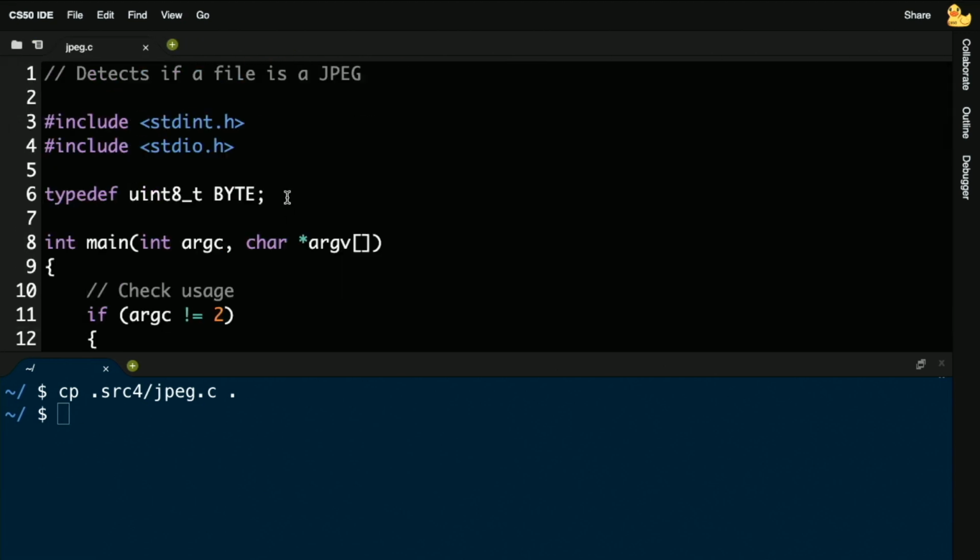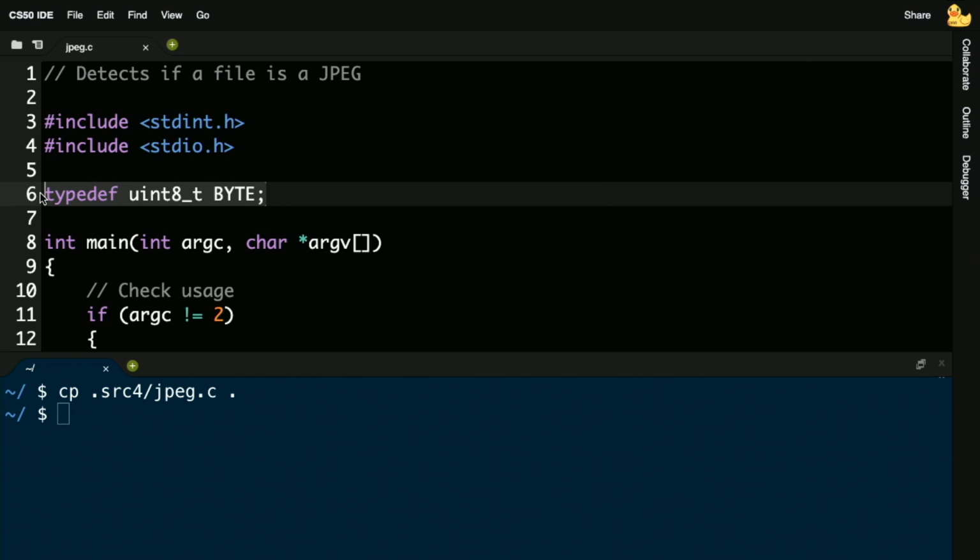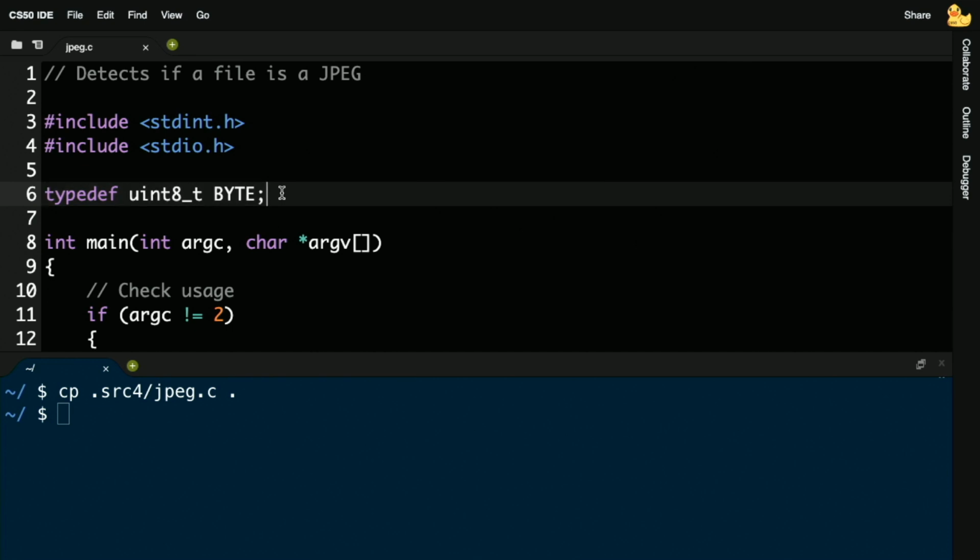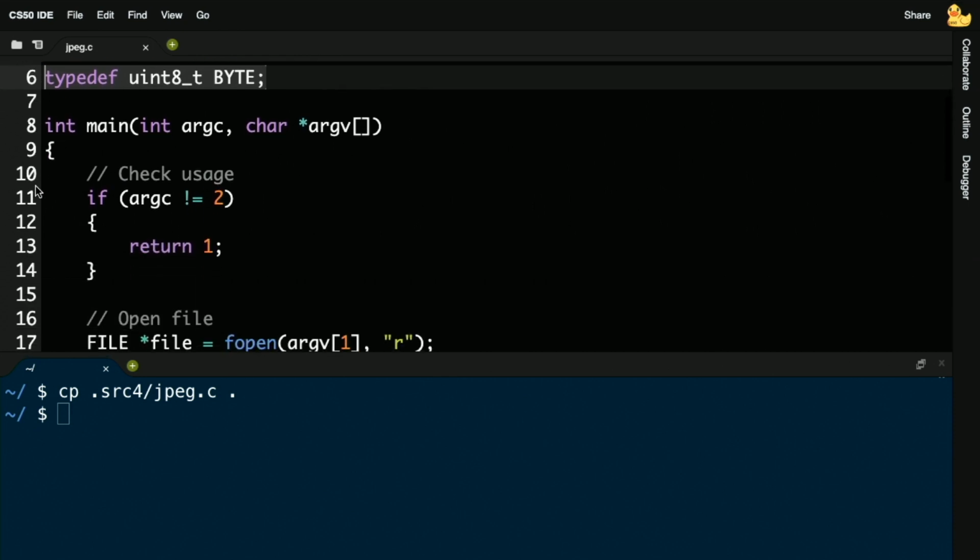It first declares a type called byte. It turns out in C, there's no common definition of what a byte is. A byte, as we know it, is 8 bits. And it turns out the simplest way to create a byte is to define our own, just like we've defined a string, just like we've defined other types too, like a student, or a person rather, in order to give us a byte. So this first line of code just declares a data type called byte using another more arcane data type called uint8_t. But more on that in the problem set. This just invents something called byte.